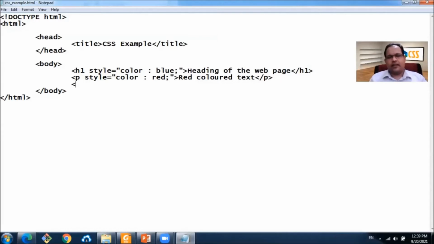Let's create another paragraph and the closing tag, and put the contents as regular paragraph. Let's see this in action.